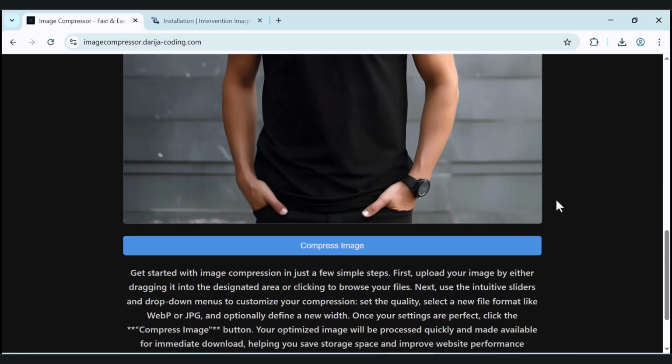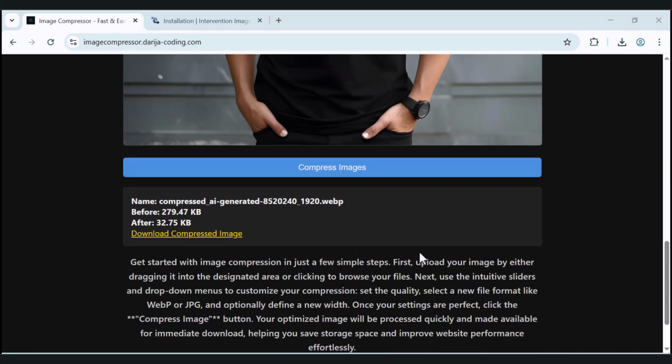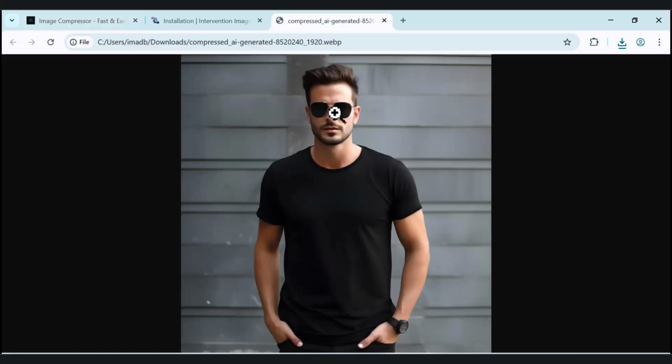So here is our image. So let's hit the compress button, and once compressed, here we have the name of the image, the before size and new size, and we can click the link here and download the image, and here is our compressed image. Okay,